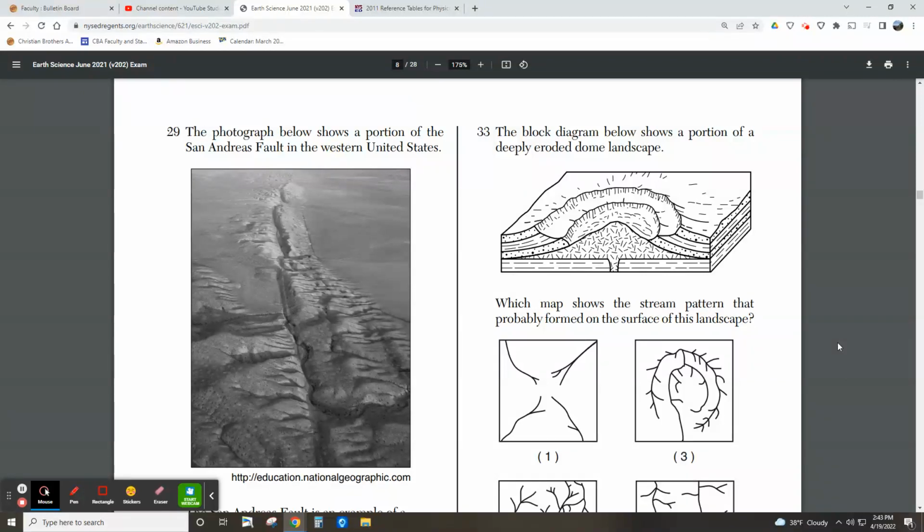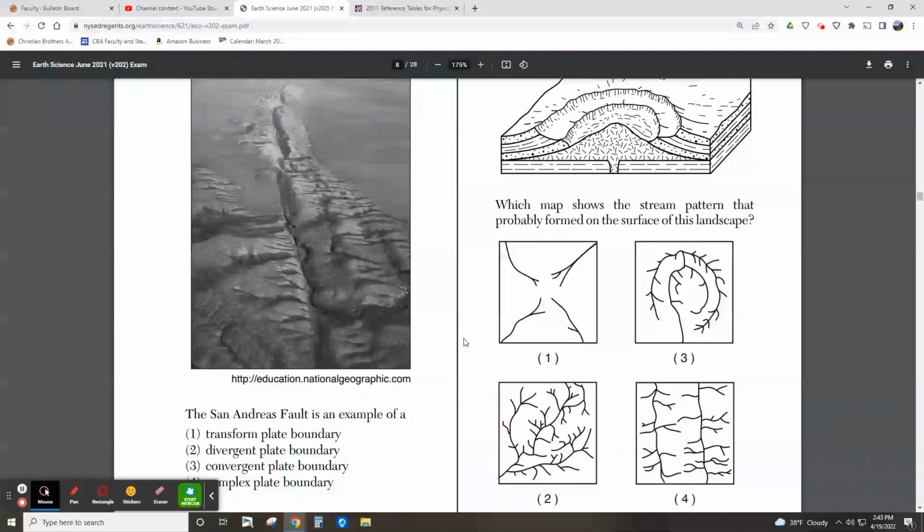Question number 33, we have this block diagram which shows a landscape, which is kind of a funky looking landscape, and then we have to decide what kind of stream drainage pattern would match up with this block diagram. So the trick to these kind of questions is recognizing that water is always going to flow in the valleys